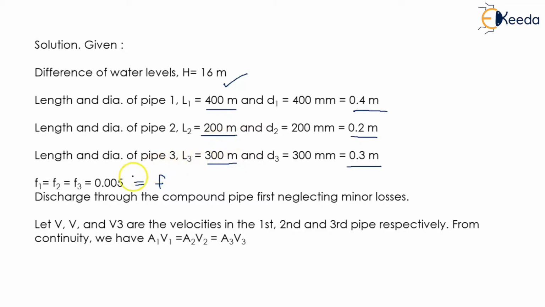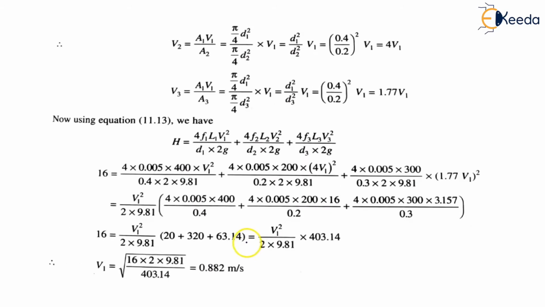So now there are three different velocities, that is V1, V2 and V3 for the velocities in first, second and third pipe respectively. So now applying continuity equation in three of the pipes, we get A1 V1 is equal to A2 V2 is equal to A3 V3. So now what I'll do is I'll take velocities V2 and V3 with respect to V1. Now A1 V1 is equal to A2 V2 and I need to calculate V2. So I can write this as V2 is equal to A1 V1 upon A2.